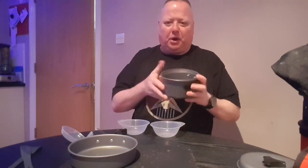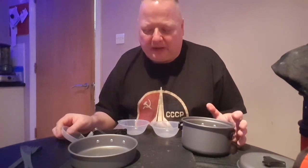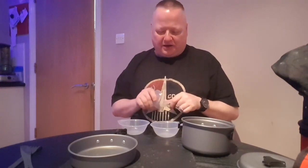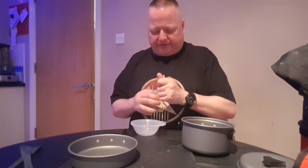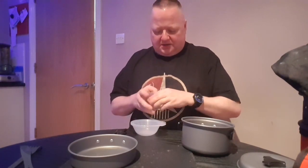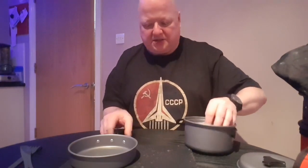Now, you can spend a bomb on copies, on versions of this. Shop around, get a cheap one. I think I only picked this up for about a tenner. Alright, you really don't. There's some that are going for 30, 40 quid because they're made out of some fancy thing. Not yet. See how you get on first. If you really do use it a lot and you want to buy the most expensive version, then do it,